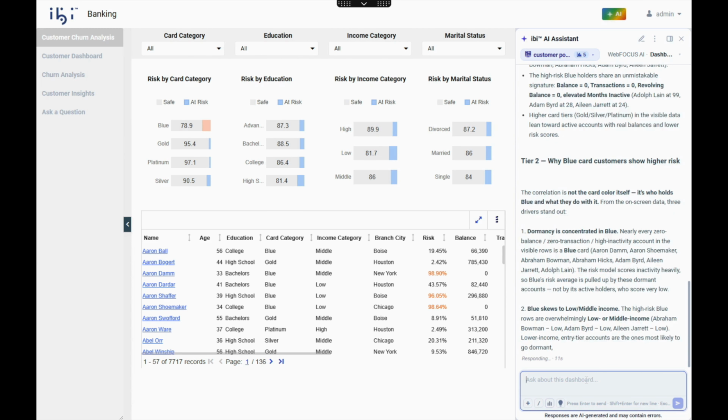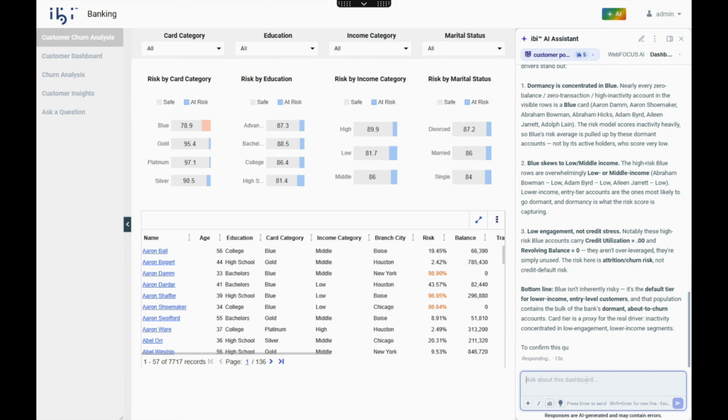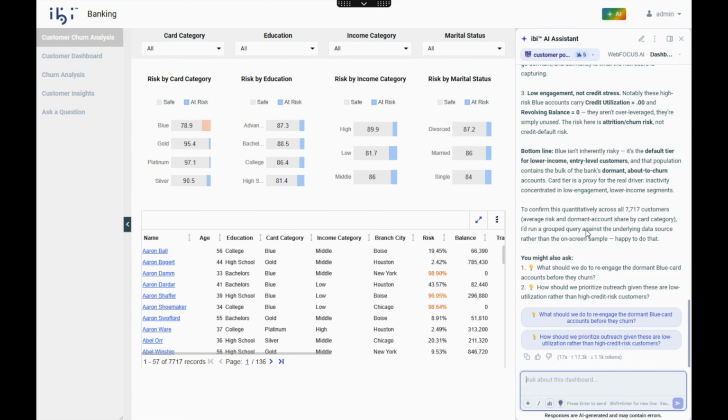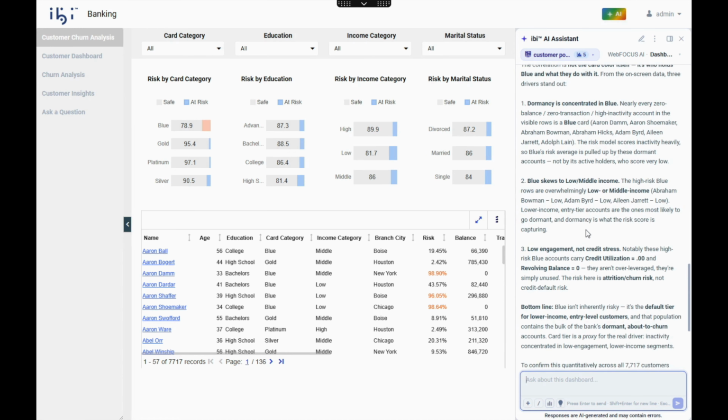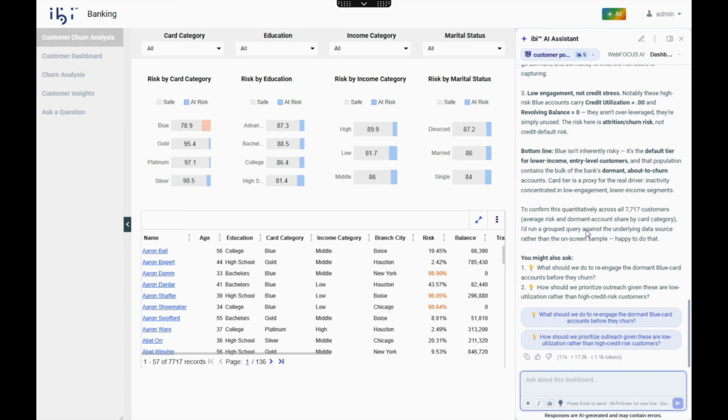It's saying it's not credit stress that's causing this churn, but actually just low engagement. And again, that's fitting the dormancy story. And it's giving me a full diagnosis here. Credit limit is correlated with churn. It can tell it's our mass market card, but we can take it even farther than descriptive and diagnostic and